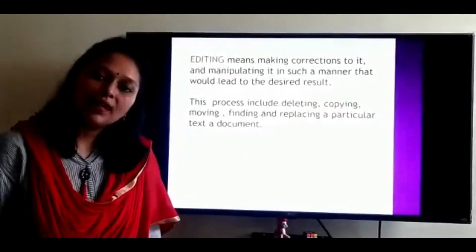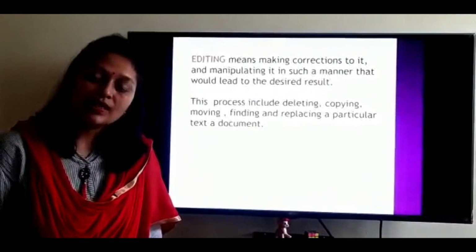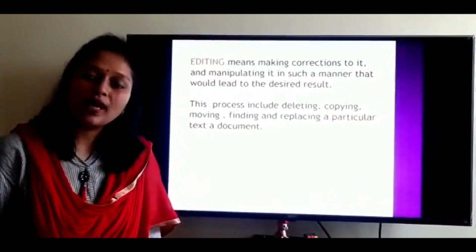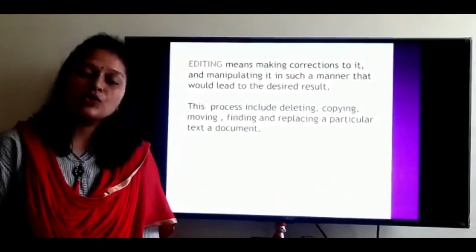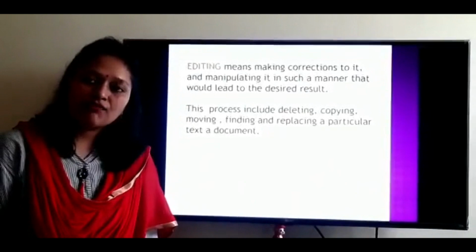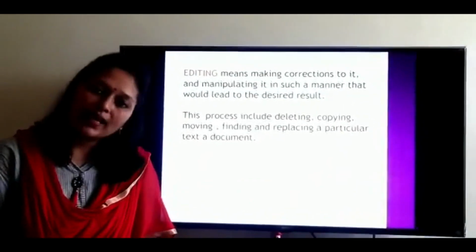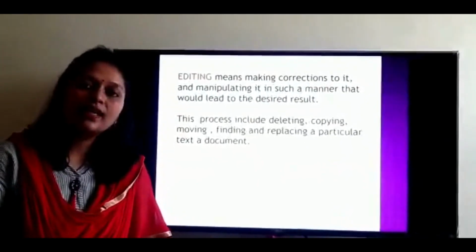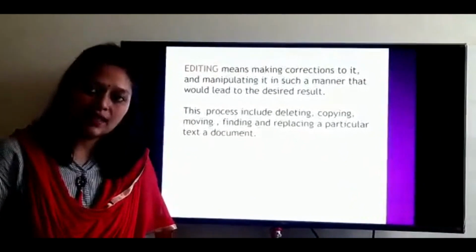Editing means making corrections to the document. Suppose you have typed a document and later you may want to edit it, you may want to make some corrections over it, you may want to delete some text, you may want to copy text from somewhere else. So for that purpose you will edit the document. So basically edit means making corrections and changes in the document.